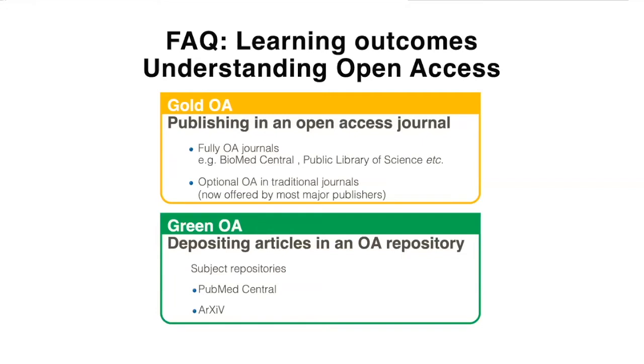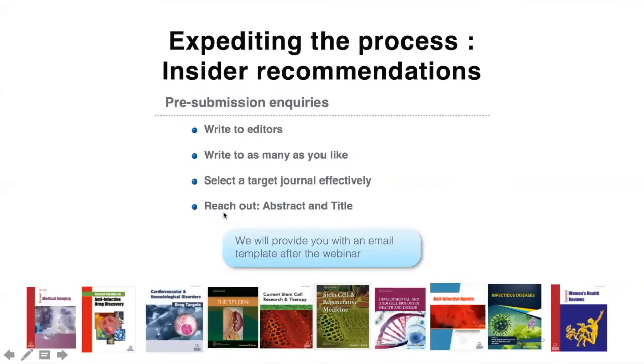What's the problem with full open access publishing? There's often a fee for authors. Gold open access journals very often are charging you or your institution what's called an article processing charge, an APC, that has to be paid in order for the paper to be published after peer review and after acceptance. So that's a bit of a background to the different kinds of journals that we see, specifically relating to different kinds of open access journal.